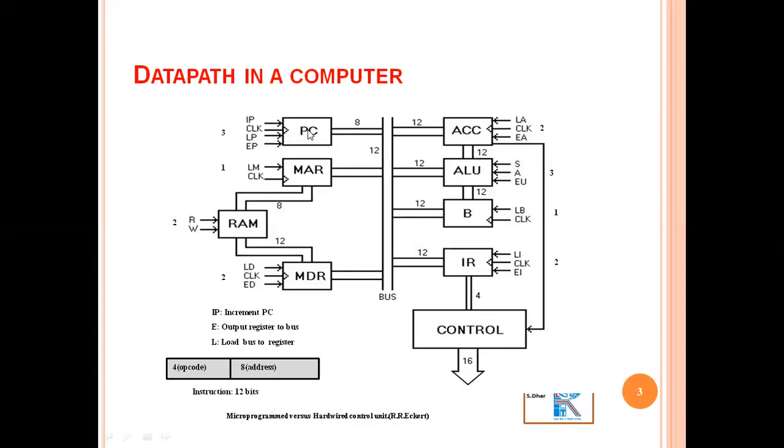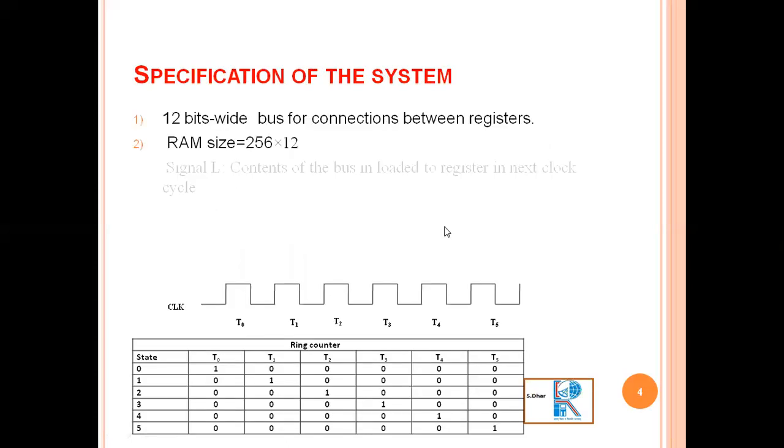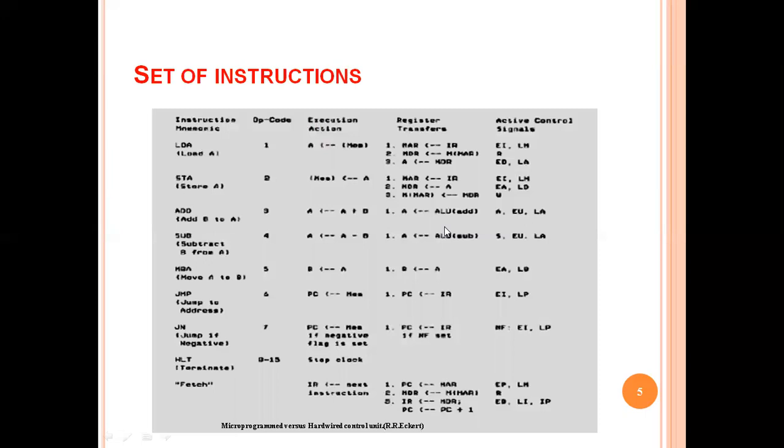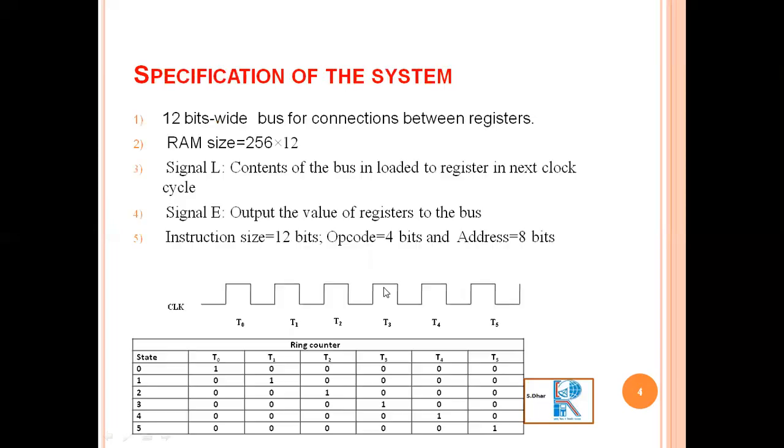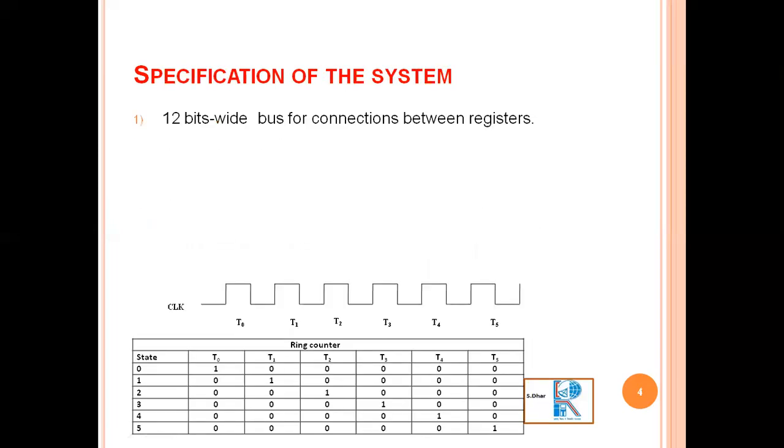EP should be activated and LM should be activated here. EP and LM. So data will go from MAR to PC. Clear? Now,